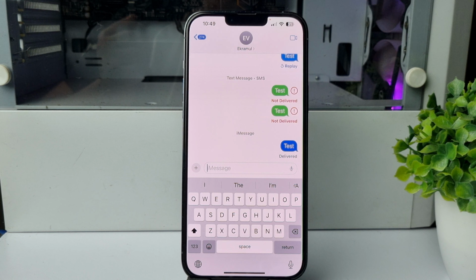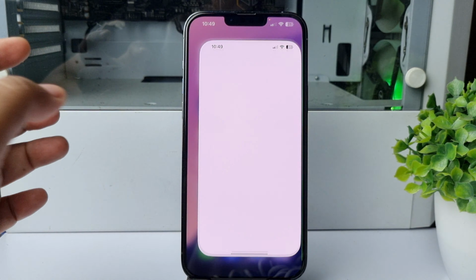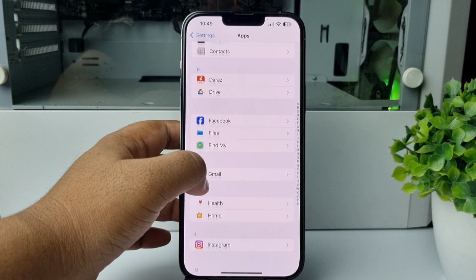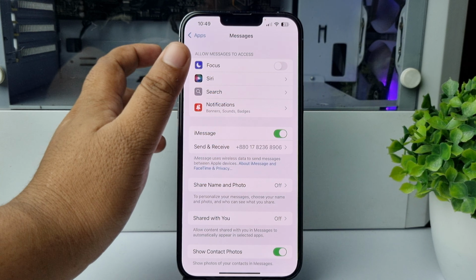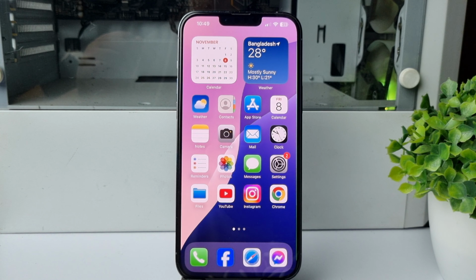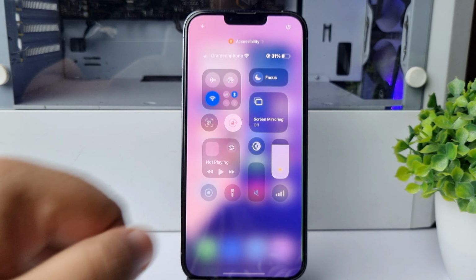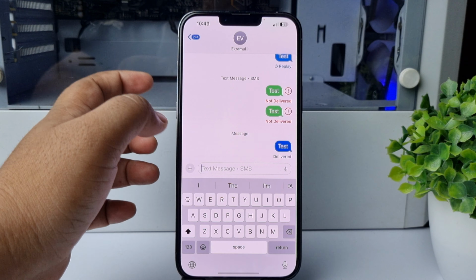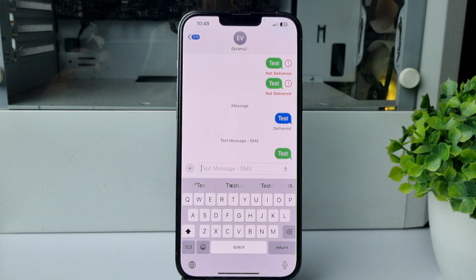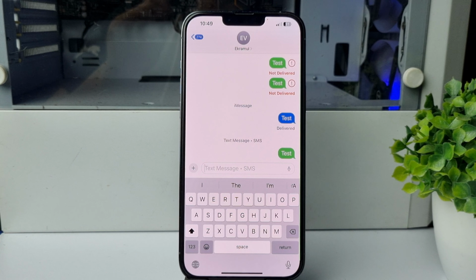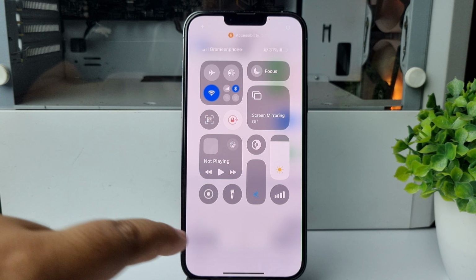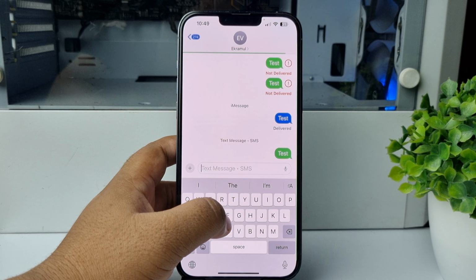And here's another issue. If you already turn on the iMessage option but you are still not able to send blue message, it's mean you have disconnected your internet. So let's turn off my Wi-Fi and cellular as well, and now if I try to send any message, as you can see the message is sending as green bubble. So make sure to use a strong internet connection before sending a blue bubble or iMessage,